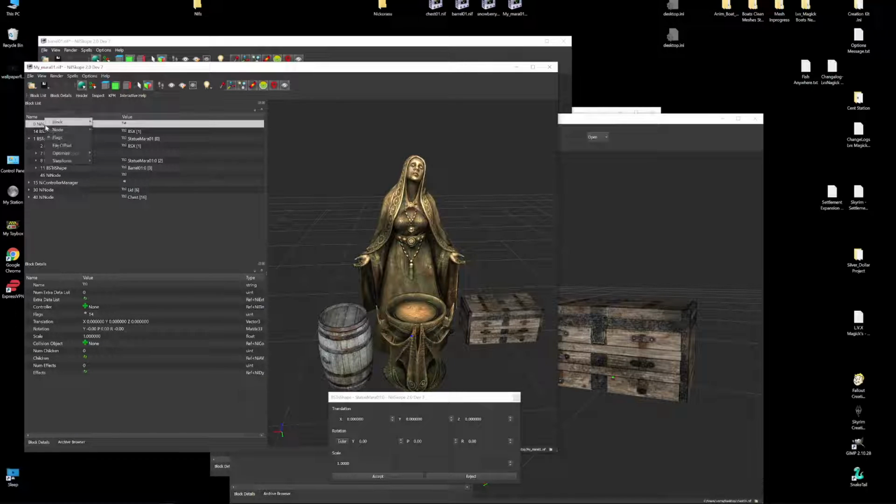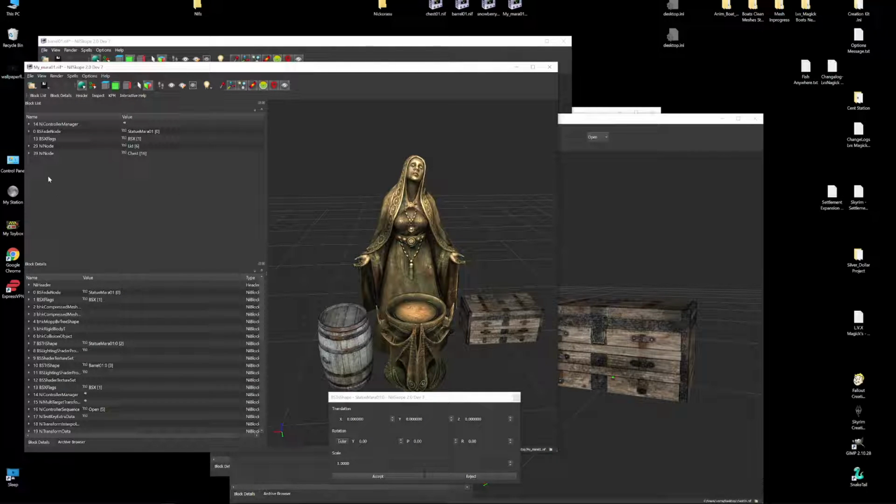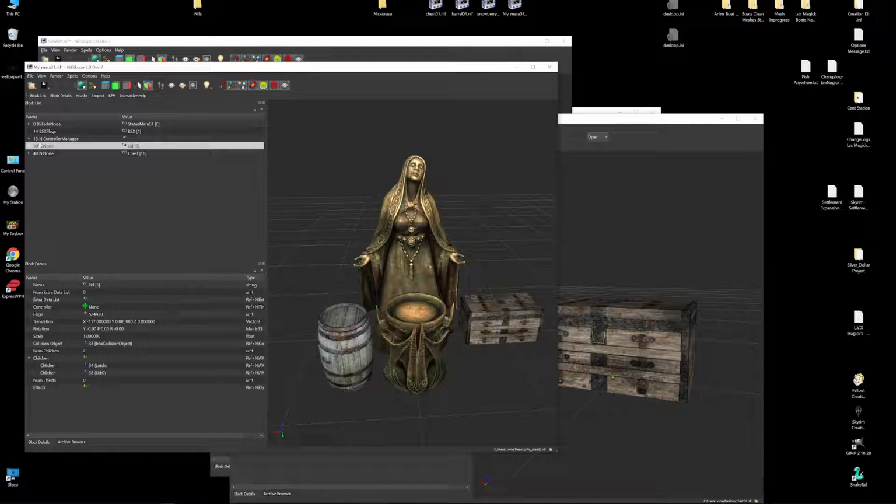Sometimes this is very finicky, and then you remove. And there's another thing. When you're working, you always want to go to sanitize, reorder blocks, and it will correct your tree.